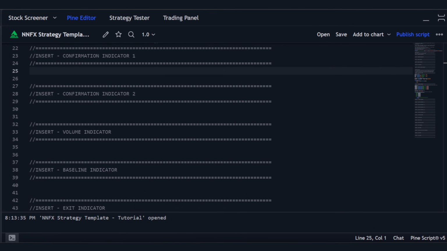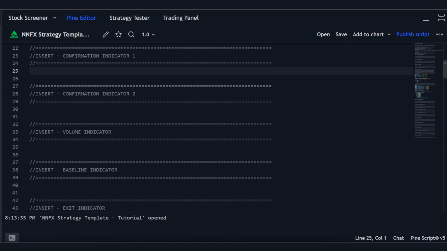And then once you have the confidence and understanding in terms of how this template works, you can of course go in and add in your very own indicators to follow. So without further ado, let's go in and code up our very first indicator, and that is the confirmation 1 indicator. Now, back in Tradingview, we can start adding in our very first indicator, and that is going to be